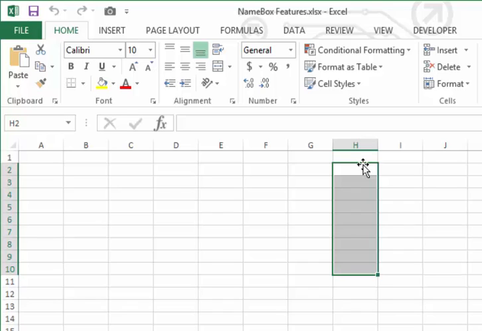Rather than that, just place the address of that particular cell here. Let me show you: say I want to select H2 to H2 lakhs.